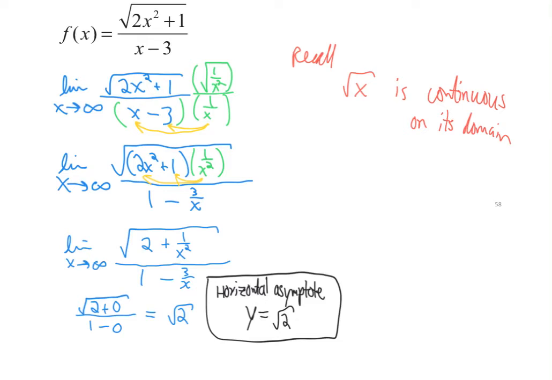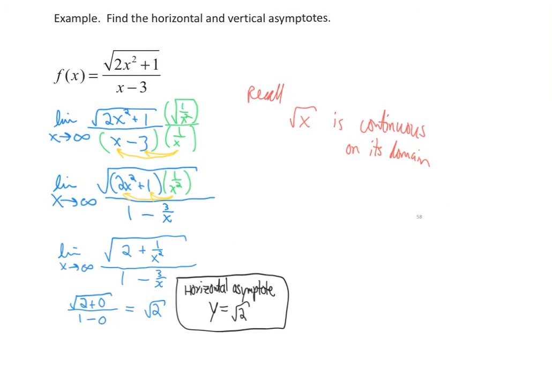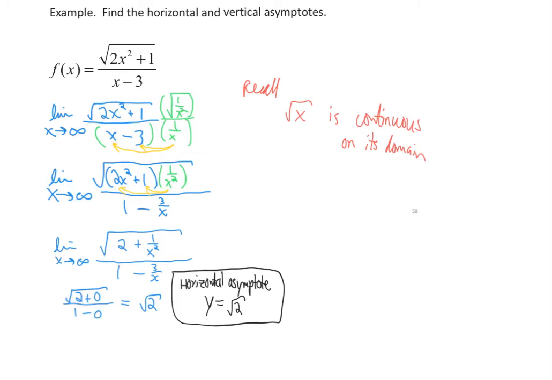All right, now we're not done with the problem because it also asks us to find the vertical asymptotes. So let's use previous knowledge to try to figure out how to do that. What we're going to need to remember is what is the situation that creates a vertical asymptote. We have a vertical asymptote when the function is growing without bound. Either the y values are approaching positive infinity or they're approaching negative infinity as the x value is approaching a